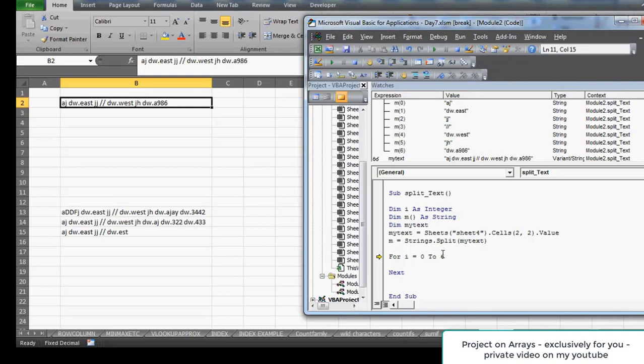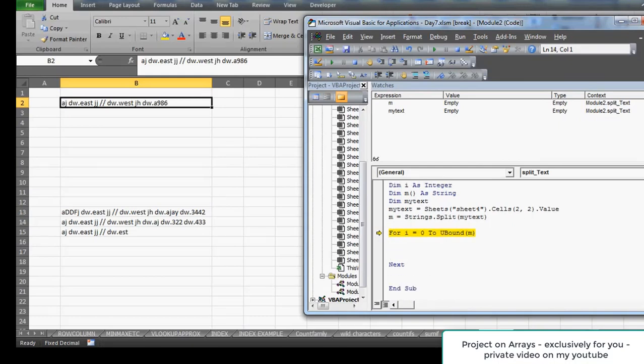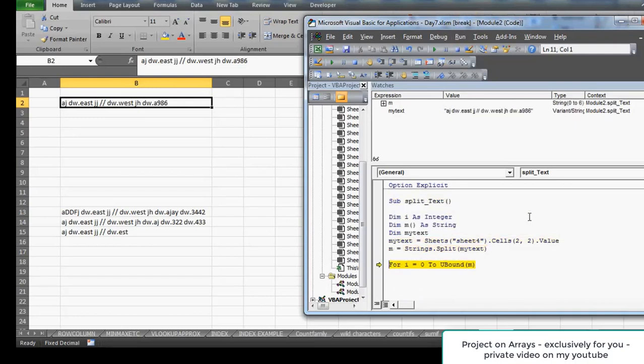This will be static, so we don't want to make this static. Instead of this, I'm going to make this dynamic, and this is how I'm going to make this dynamic. So whatever the upper bound of this M array will have, the number of elements, it will actually run for that many times. So now let's just rerun this